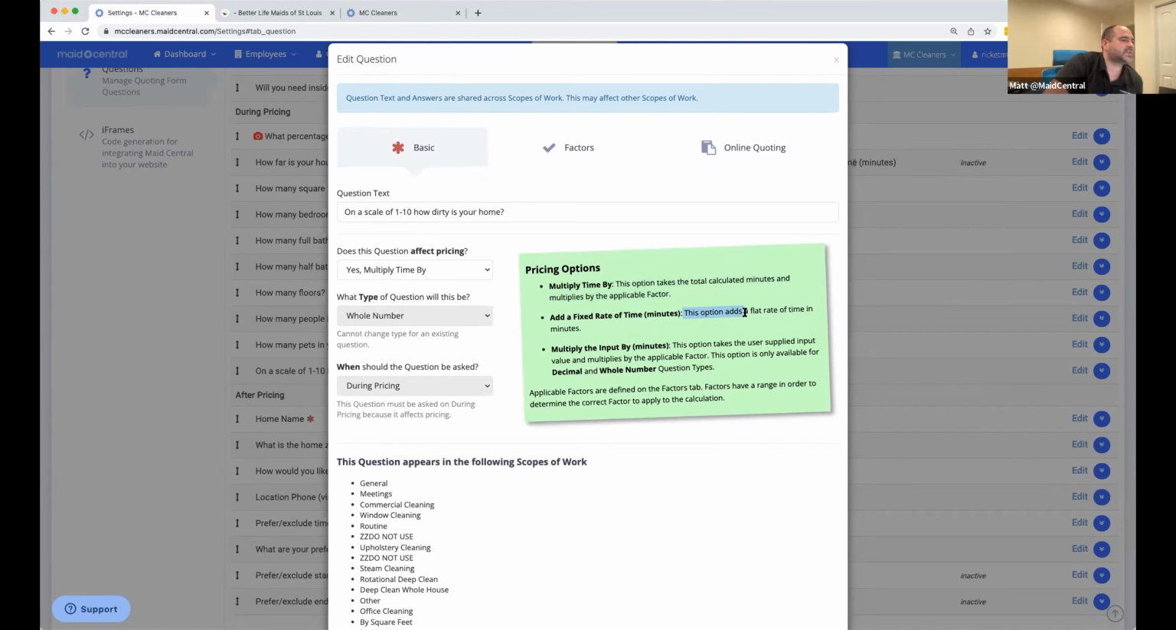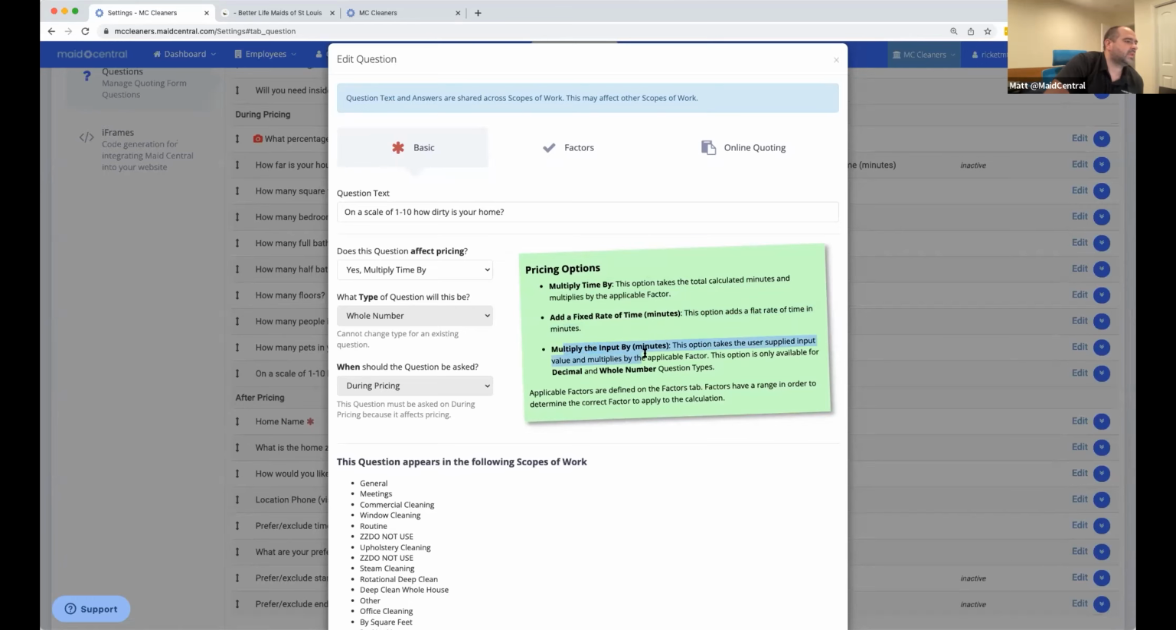If you do a fixed rate of time, for every one of the choices that you select here, it would add 20 minutes because they're on a dirt code of 3, so it adds 60 minutes. And then